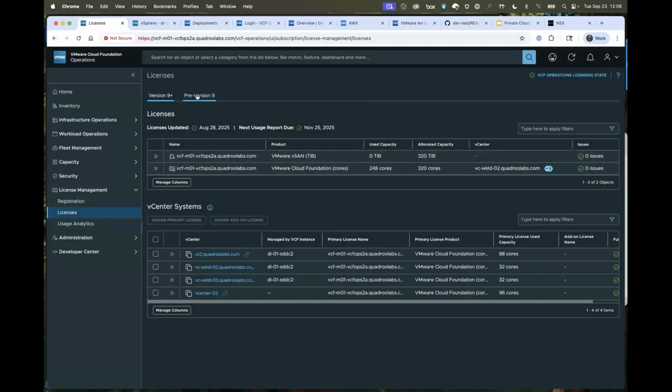However, we do have the ability to import our pre-version 9 licenses into the environment here to be able to visualize and see those here too. But you're visualizing and seeing, but it's still managed separately inside your vCenters or wherever you're loading in those license keys. Those keys are still being handled elsewhere. Exactly. That's one thing that you pick up with VCF 9, the ability to leverage this licensing model. So hopefully that's a benefit to folks. And yeah, definitely.